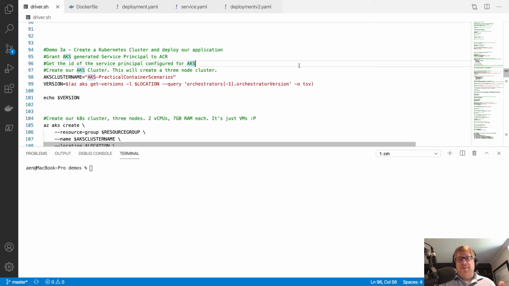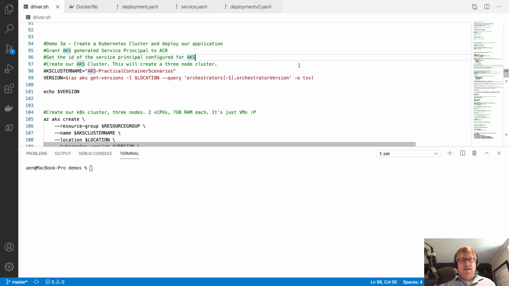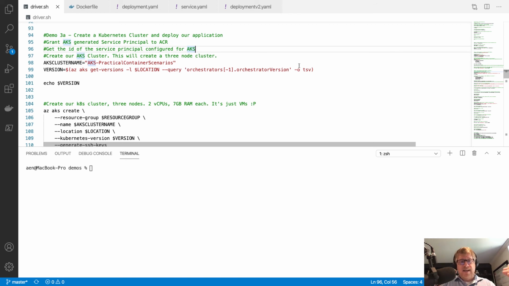All right, so here we are back in VS Code. And on line 94 here, I have the beginnings of the code that describes how to deploy an AKS cluster inside of Azure. And here you can see I'm loading up an environment variable that describes the name of the cluster that I want. And I'm also using this command AZ get versions to get the version of Kubernetes that I